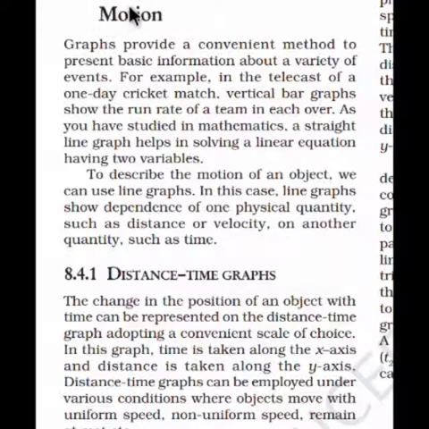First of all, the question arises: what do you mean by graphical representation? The answer is very easy. The representation of the motion of any object in a graph is known as graphical representation. Once you learn all this theory, you will be able to say the speed of the object by seeing just the graph only. At any point of the journey, you are able to say that at this point the motion of that particular object will be this much, by observing the graph only. Okay, so let's start today's topic.